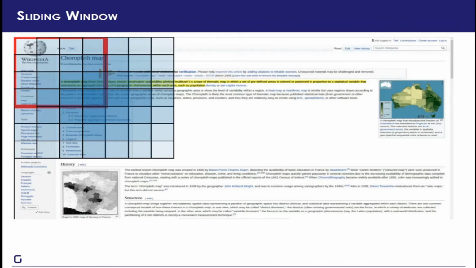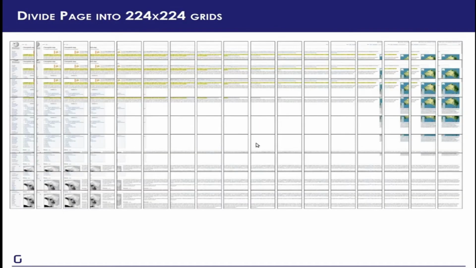This is similar to the first operation that a convolutional layer does. It slides a window across the image and it performs calculations. We are doing the same, except we are just extracting these patches. We are not actually performing the convolution itself. So that the result is a set of tiles like these.